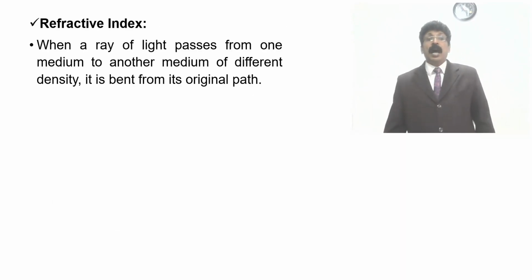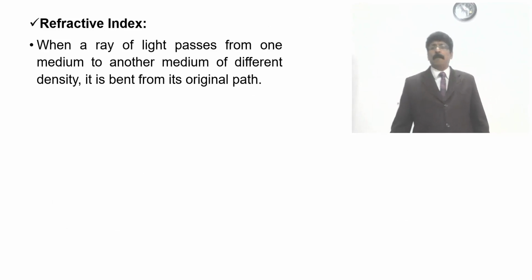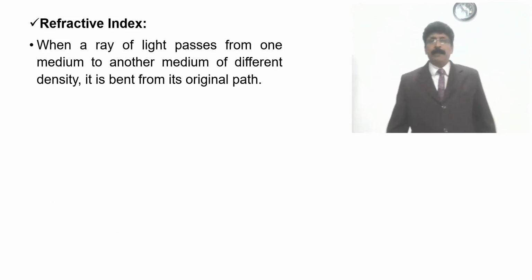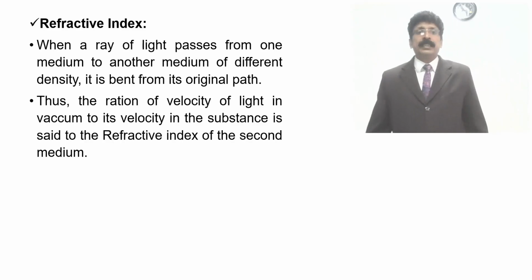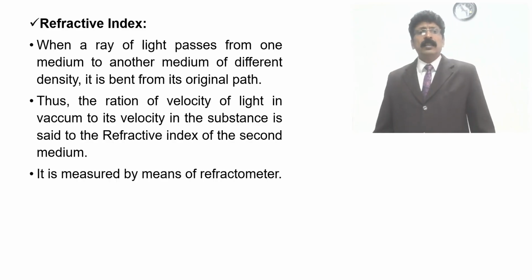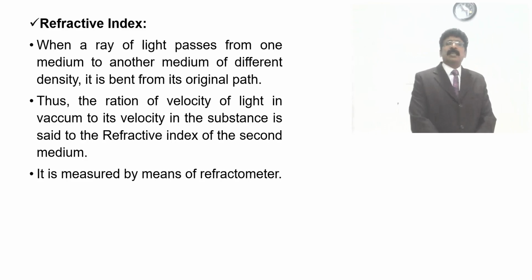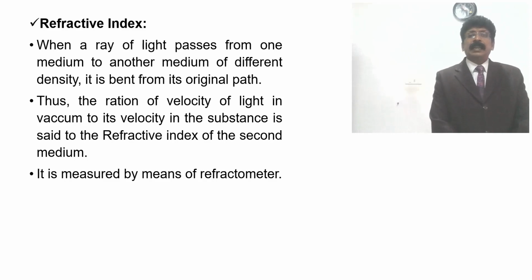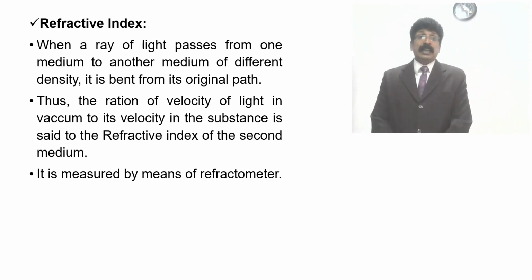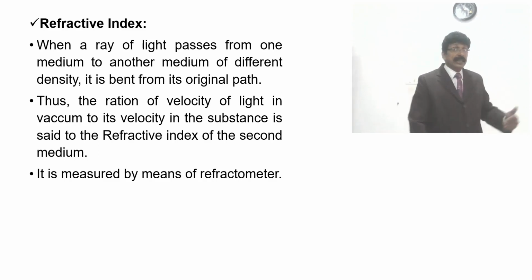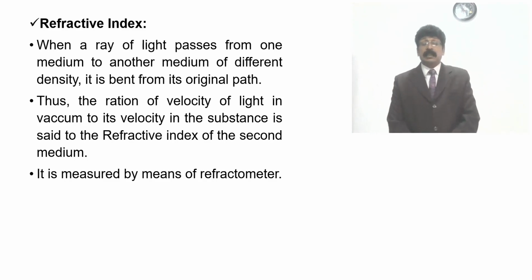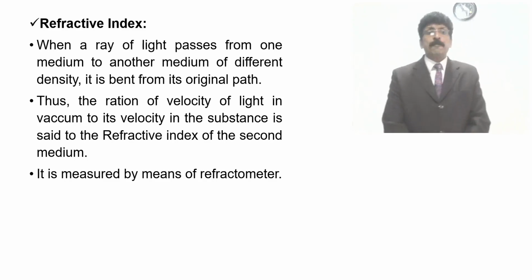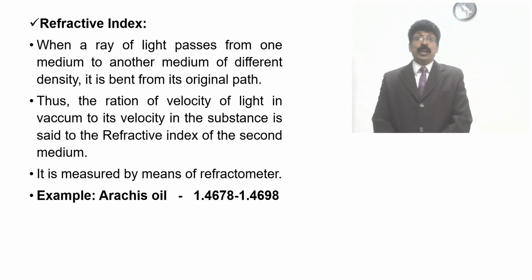And refractive index we usually determine by the Abbe refractometer. When a ray of light passes from one medium to another medium, there is a density difference and a bending of the original pathway, which is called refraction. The ratio of the velocity of light in vacuum to the velocity in the substance is calculated as the refractive index of the second medium. So this measures the refractive index, for example Arachis oil, which shows 1.4678 to